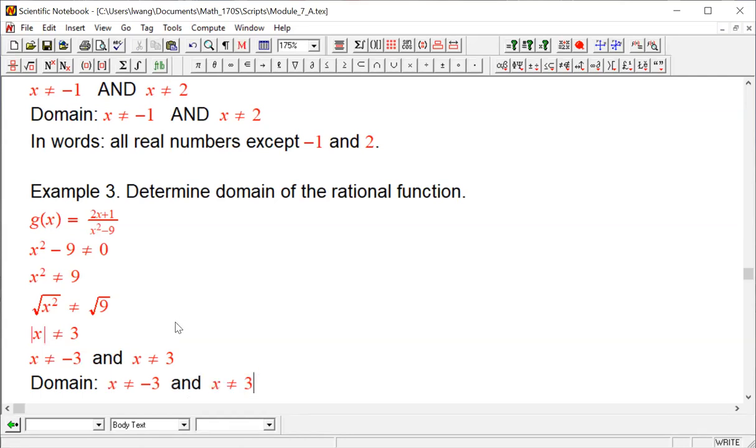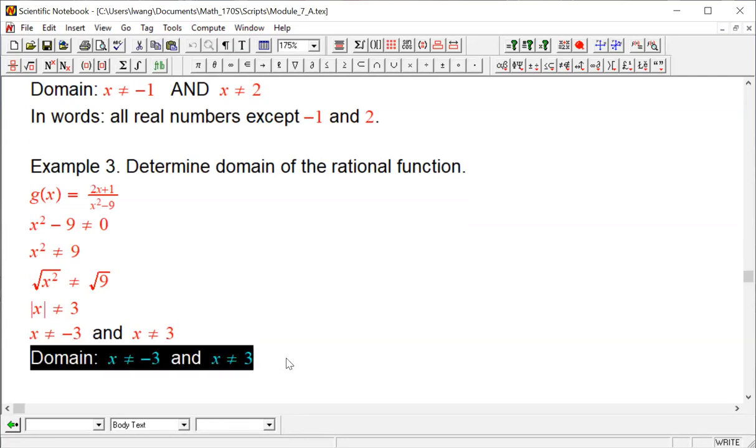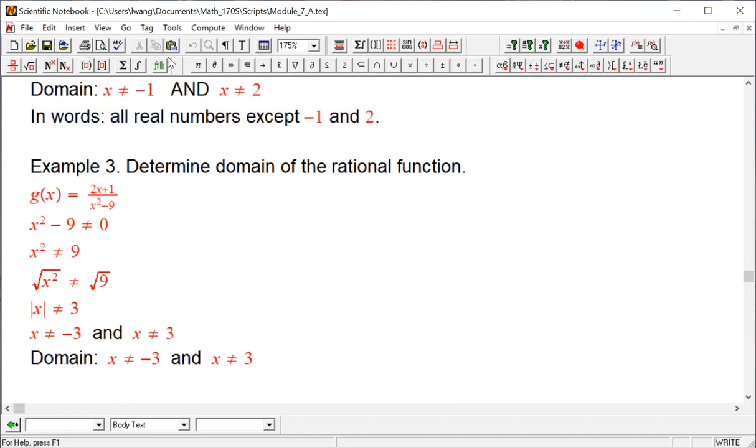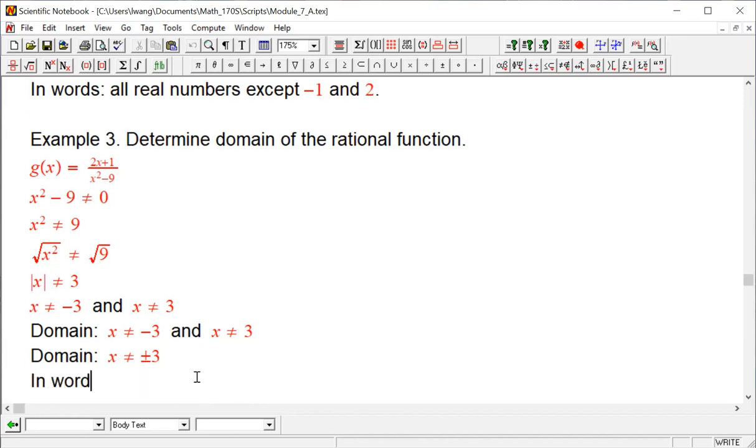Sometimes we write it in a shorthand notation like this, meaning the same thing: x cannot equal plus or minus 3. And in words, the domain is all real numbers except